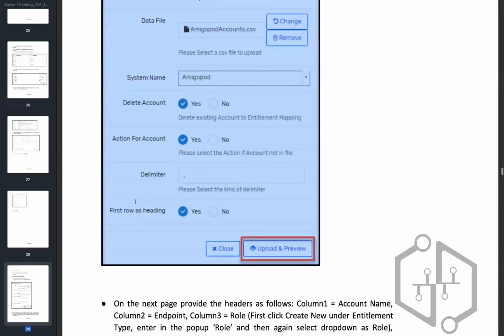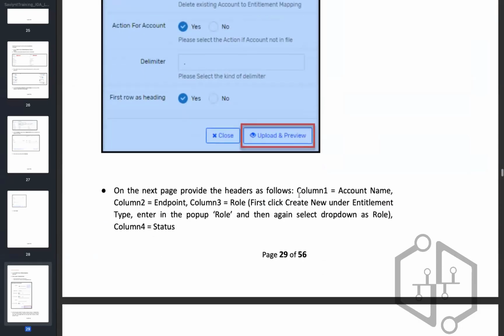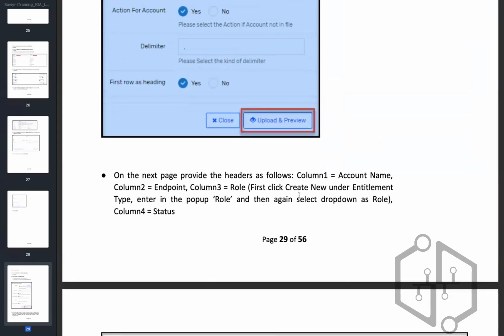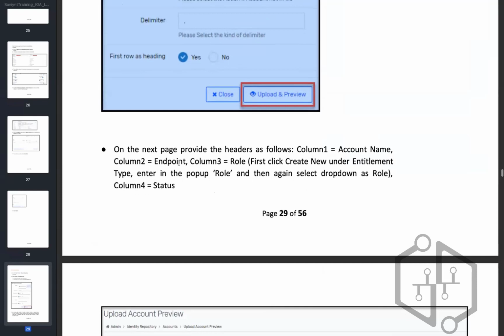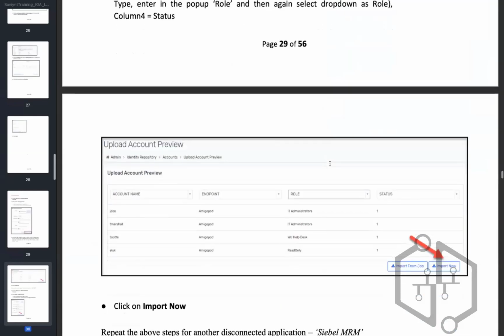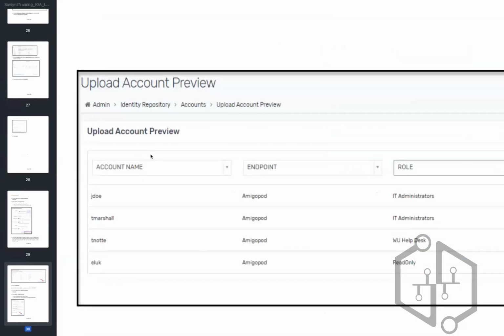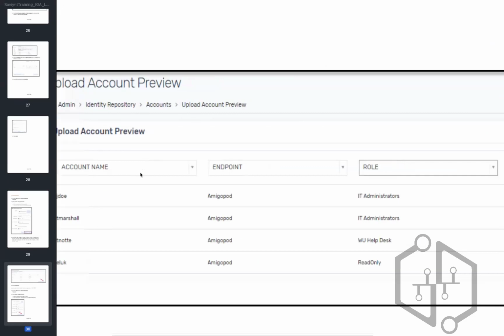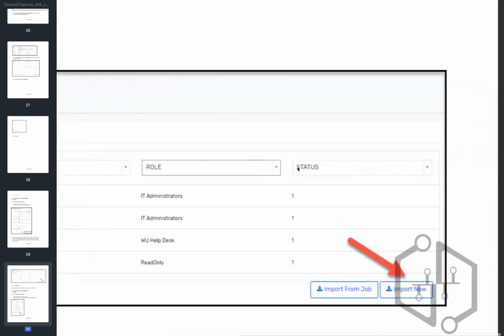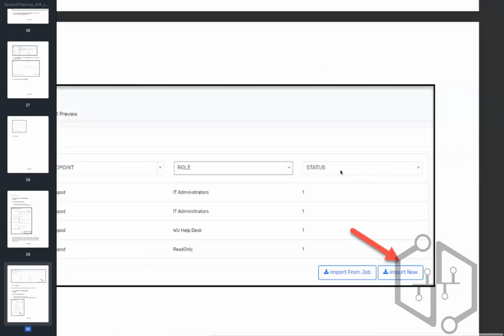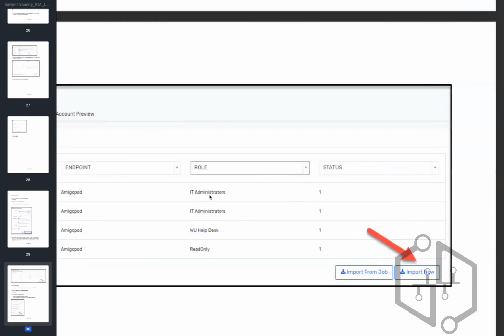Again, first row is heading, delimiter is comma, because within a CSV file every column is divided from the next by a comma. Now it is saying that on the next page, provide the headers. So we need to provide mapping, as I was telling you even during user identity creation, that when we upload through a flat file, Saviynt tries to understand the header. So here, Saviynt was able to understand what is account name, what is endpoint, what is role, what is status. If it is not able to understand, you can click on the drop down and tell Saviynt